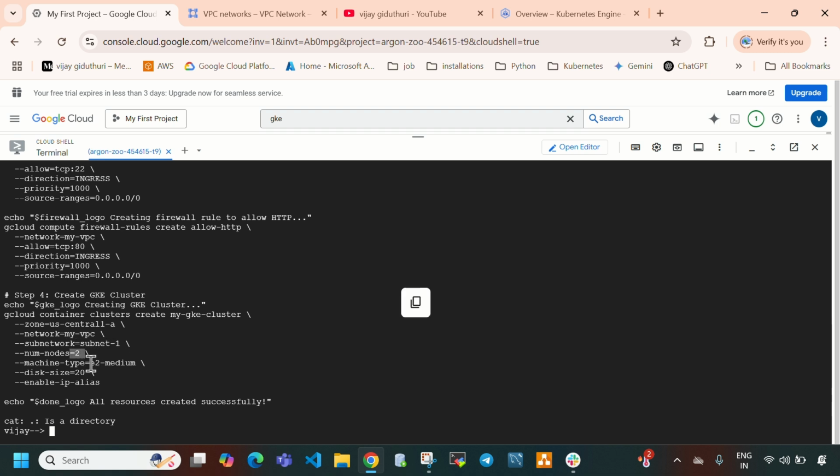With two nodes we are going to create, and machine type we are going to create with E2 medium. And E2 medium comes with 2 CPUs and 4 GB of memory. So each node will be created with 2 CPUs and 4 GB of memory. And we are going to create with 20 GB disk. Okay. And at last we are going to enable IP alias, for better pod